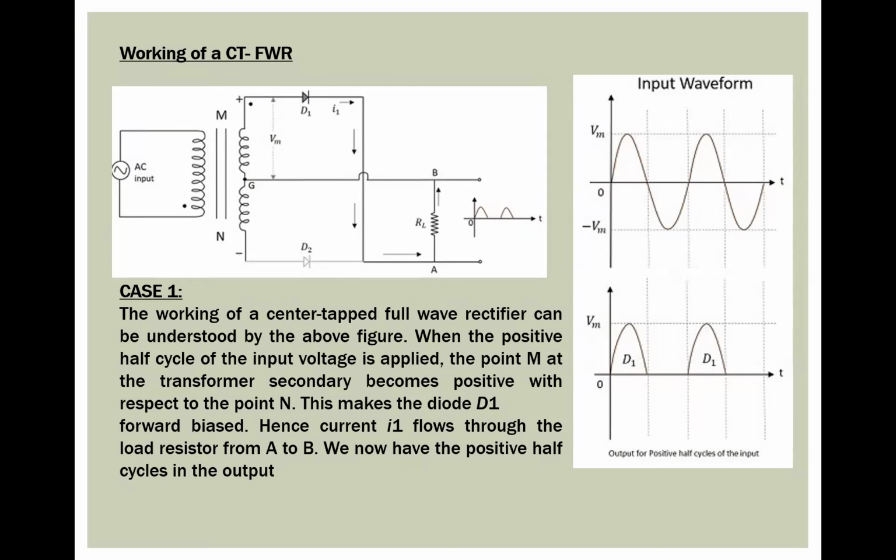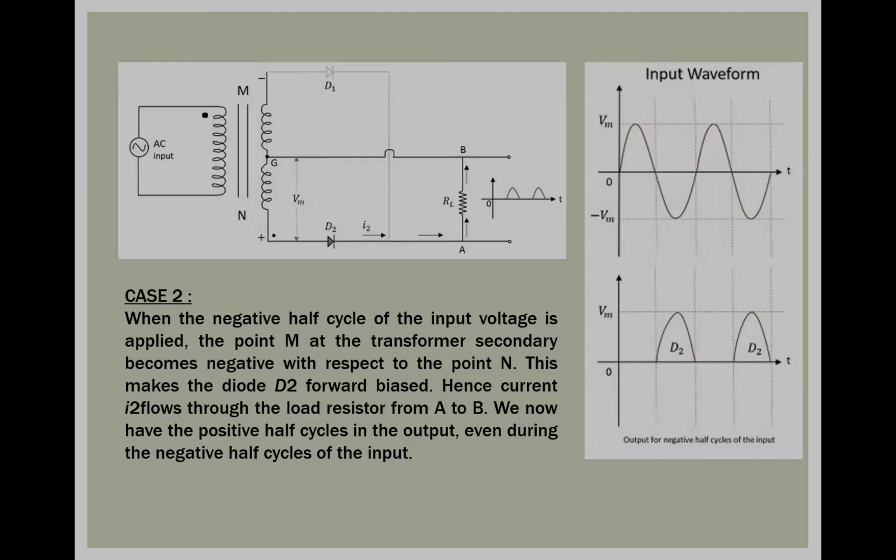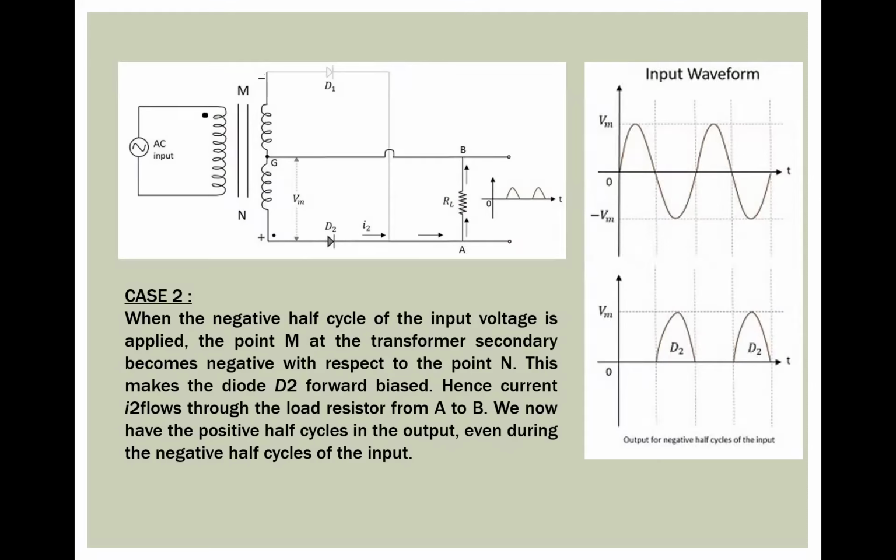Coming to the working of the center tap full wave rectifier, we have just seen here the operation of only the positive diode D1. Okay, if you see here, we are giving the sine wave as the input. The diode D1 conducts for only the positive peak, so that only the positive peak is presented at the output side. Next, coming to the operation of diode D2,